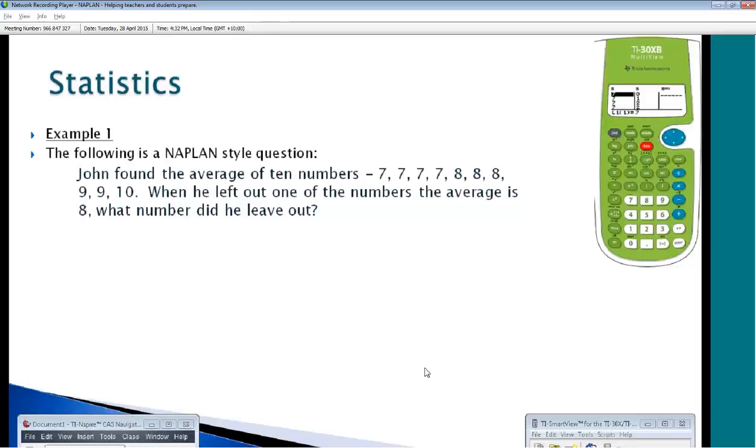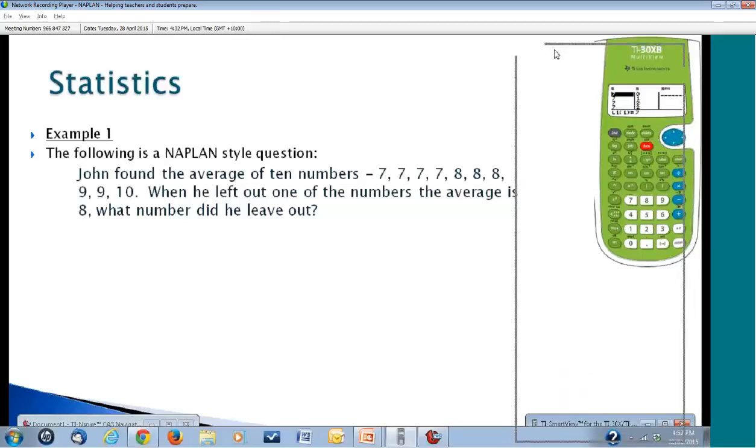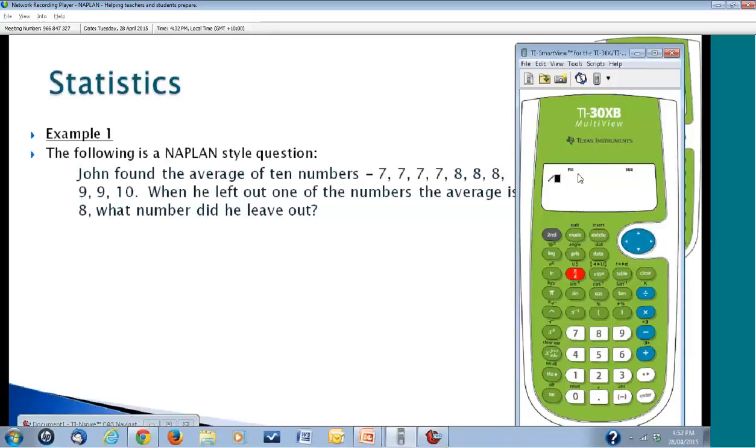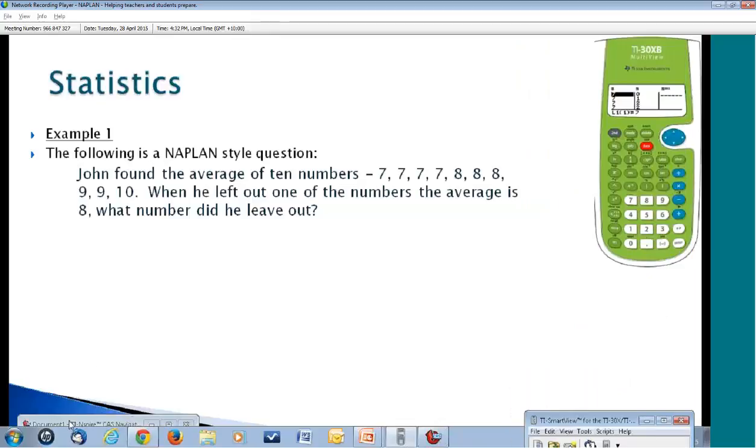Okay, so I mentioned too that we're using the emulator here. I find the two emulators, the TI SmartView for the TI-30, I use that in my lessons. I was using it just this afternoon with my Year 11 Maths A class here in Queensland. We don't use graphics calculators. We use the TI-30 or scientific calculators, and I find it an amazing teaching tool, and it just makes it so much easier when you demonstrate in the class. And the same with the TI-Nspire,